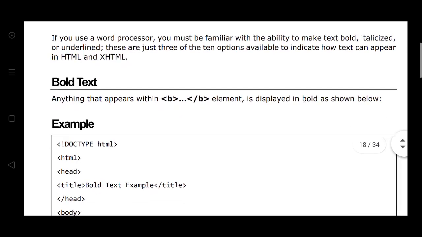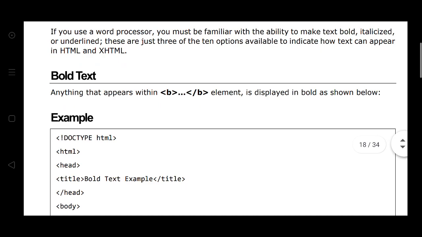Bold text. Anything that appears within the B element displays in bold as shown below. Here B, bold.